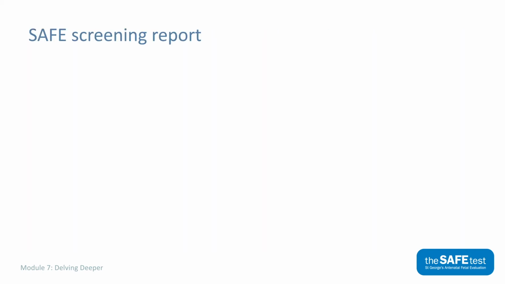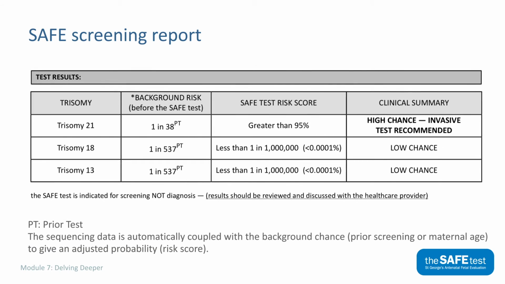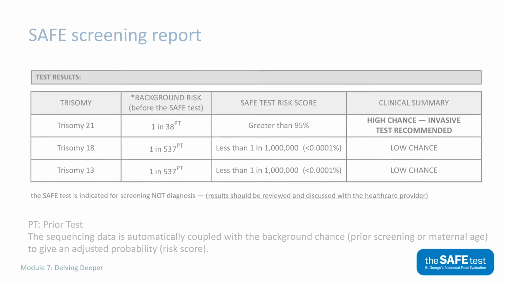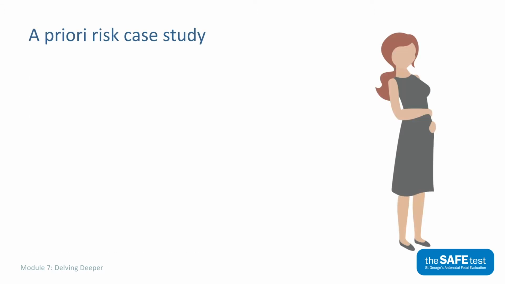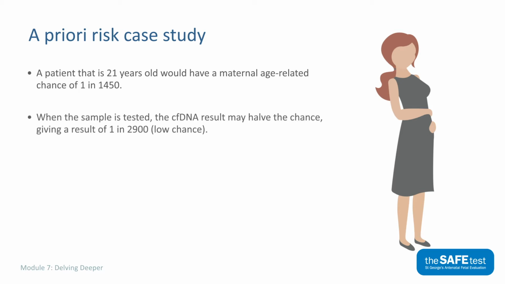Here is an example of the screening report showing the background risk, SAFE test risk score and the clinical summary. Here is a simple case study to highlight the different factors. A patient that is 21 years old would have a maternal age-related chance of 1 in 1,450. When the sample is tested, the cell-free DNA result may halve the chance, giving a result of 1 in 2,900,